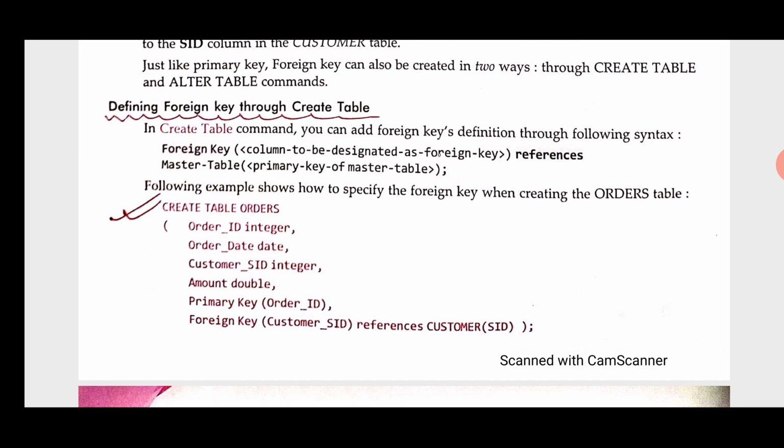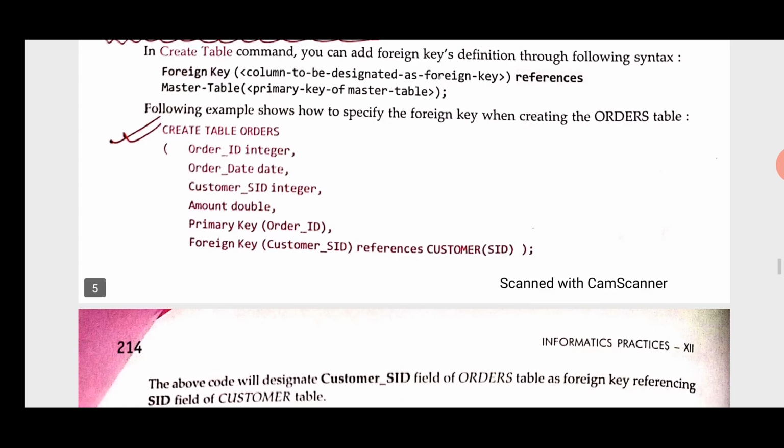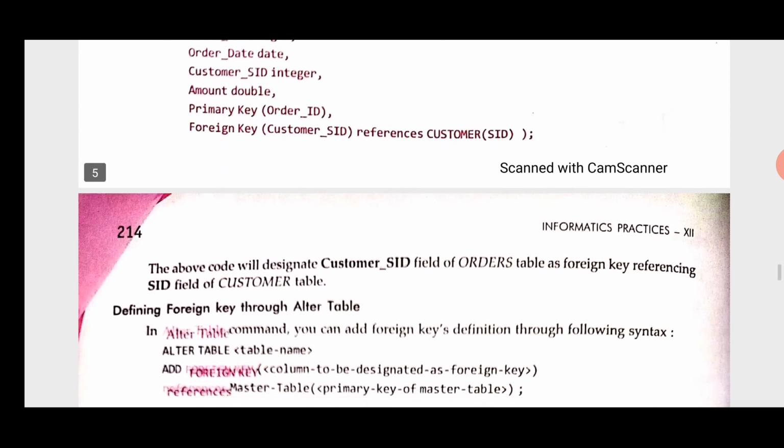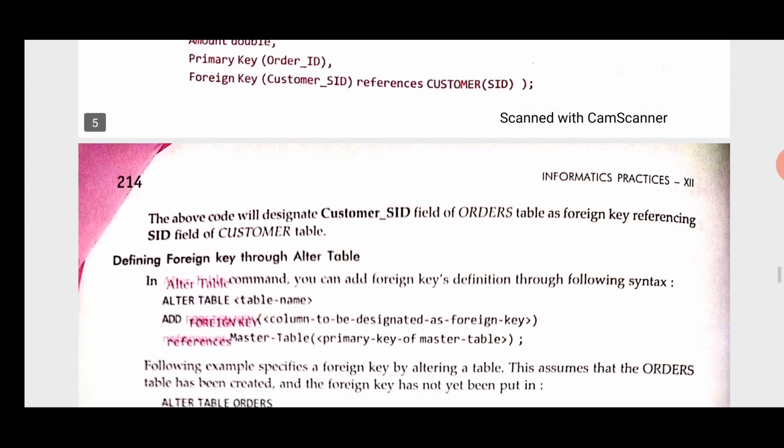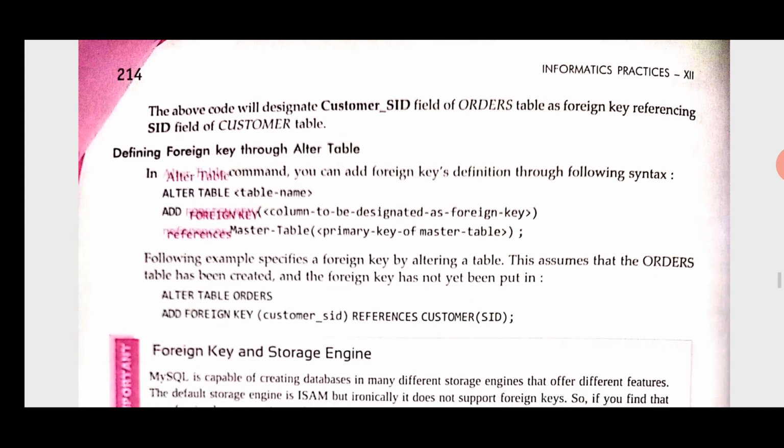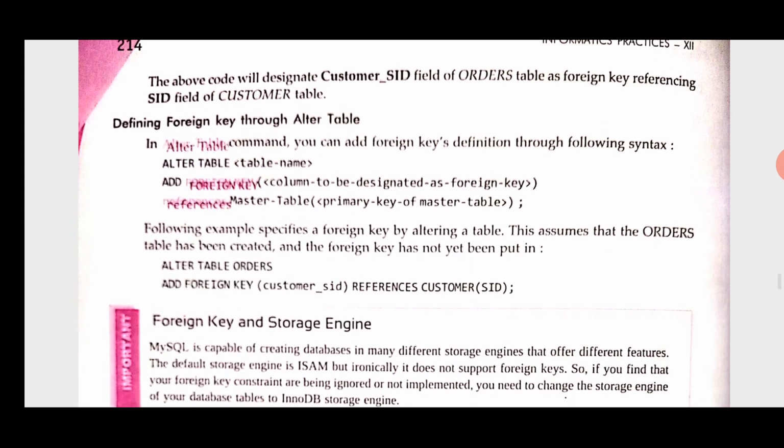What is the benefit of a relationship? Using a single query we can retrieve information from both tables. Not only retrieve, we can maintain, we can insert also. This is possible when both tables, or more than one table, are in relation under one database. So for that, primary key and foreign key constraints are needed to create a relationship between two tables.